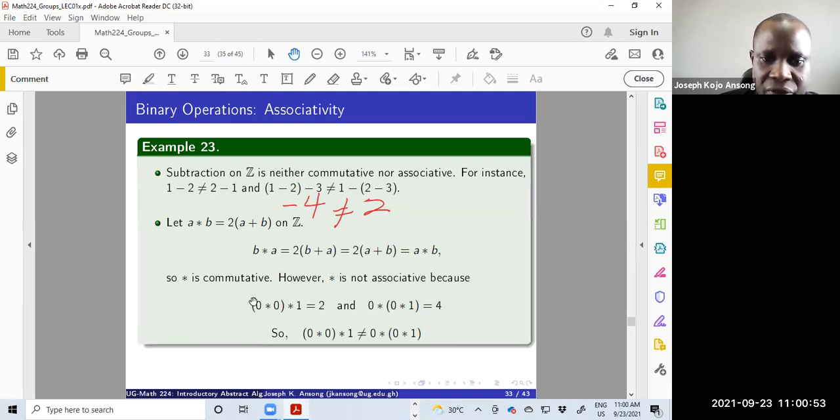So I'm going to take 0 and star it with 1. Well, I'll take 0 plus 1, that is 1. If I multiply by 2, I get 2. So this gives me 2. Well, if I do this operation next,